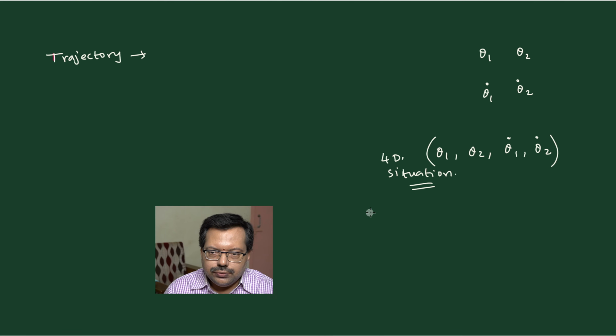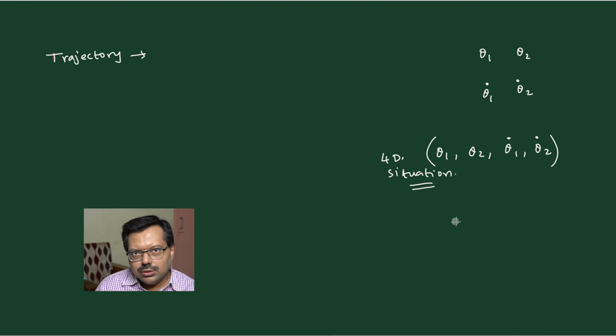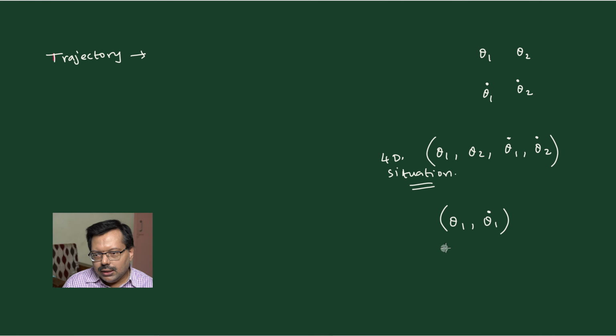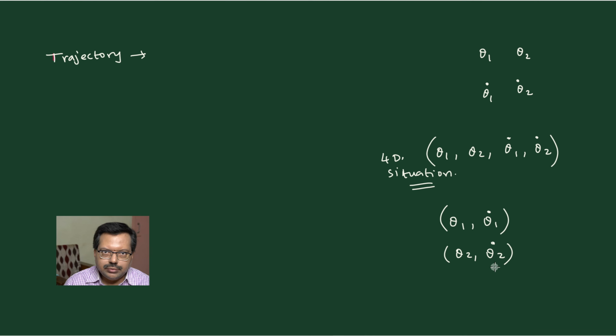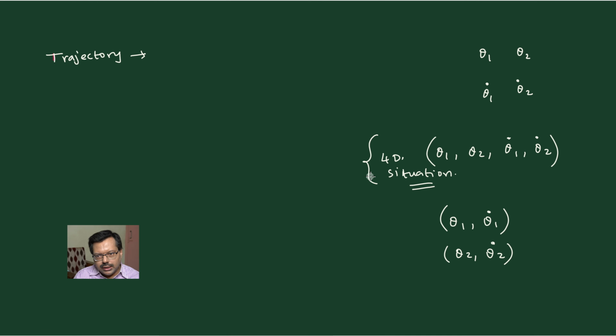You can't draw all the four variables. Where will you draw them? So basically, what you can do to understand something is to draw theta 1 comma theta 1 dot in one graph, and then draw theta 2 comma theta 2 dot in another graph, and then try to understand from these two graphs. That's what you can do. But what I am trying to say is, in the mathematical space, all four variables exist together: theta 1, theta 2, theta 1 dot and theta 2 dot. This is a 4-dimensional case. And the moment you exceed 3 is what is known as higher dimensional.